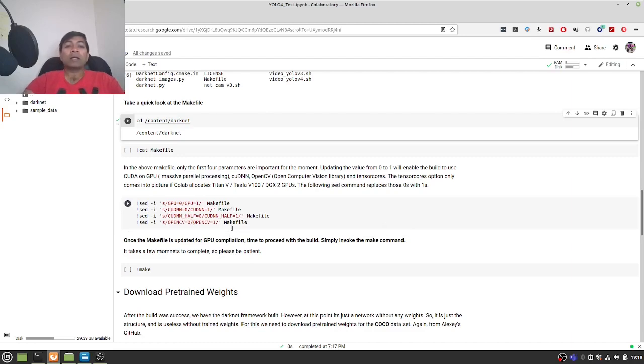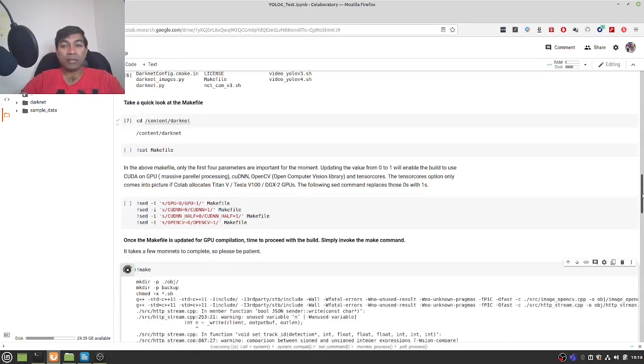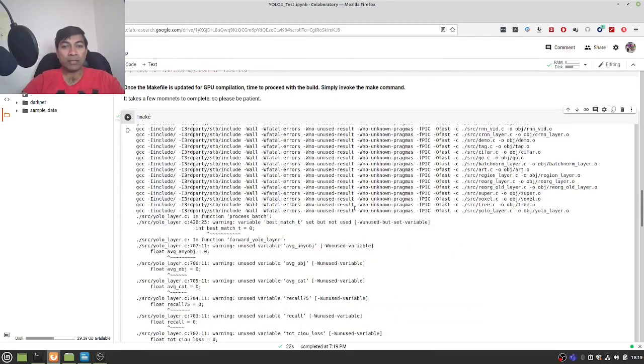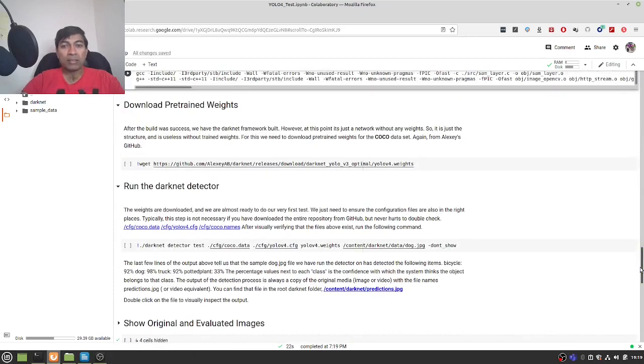OpenCV is a computer vision library that's used to create files, open image files, and create image files and that kind of stuff. So that's what we use OpenCV for. When we change these four settings, we are ready to compile the .NET. So just run this, and it takes a couple minutes to build. That's done. Then we just scroll down, and yeah, so we have the model ready to use, but what we